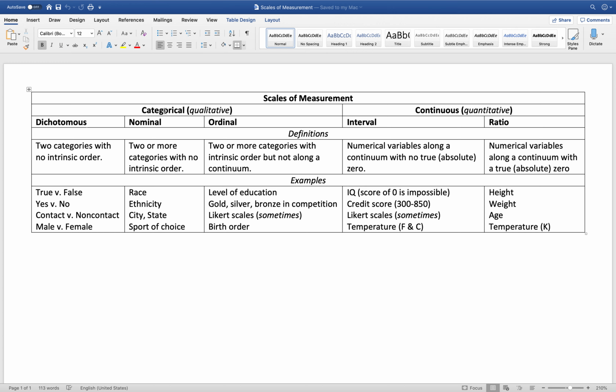So first, under the categorical umbrella, we'll start with dichotomous measures. Dichotomous measures pertain to variables that have two categories with no intrinsic order. These are some questions. You could fill in the blanks here as far as what questions or statements you might be thinking of. But if I were to make a particular statement, whatever it may be, true or false, you only have two choices, true or false, thereby making it a dichotomous measure. If I were to ask you a yes or no question, you then have two ways to answer that question,